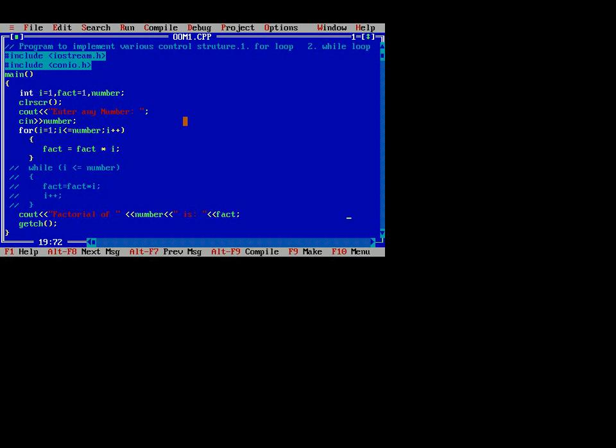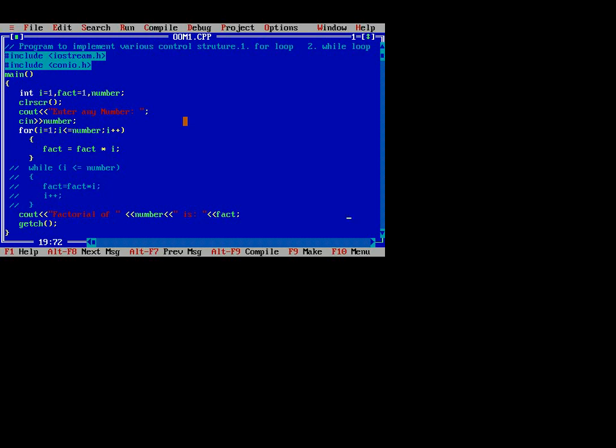And next is cin. Cin works the same as the scanf function, that means to read the input and store it in a variable. And next is the hash. Hash is the preprocessor directive, where we can use the functions which are stored in the C++ library.